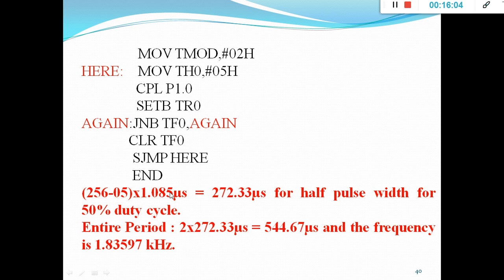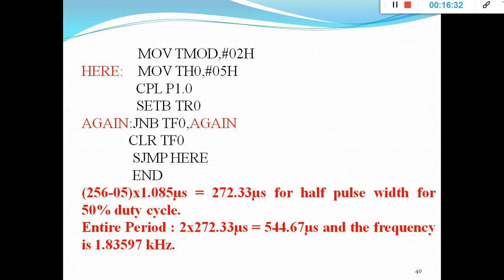So I multiply this time period with this value, and I get 272.33 microsecond. This is the time for half a pulse width, for a 50% duty cycle. To get the time for the entire period, multiply by 2, so you get 544.67 microsecond.